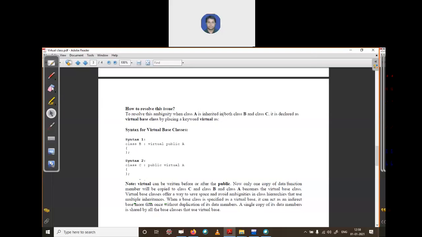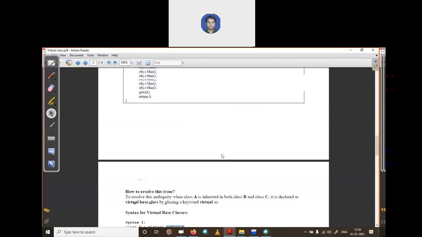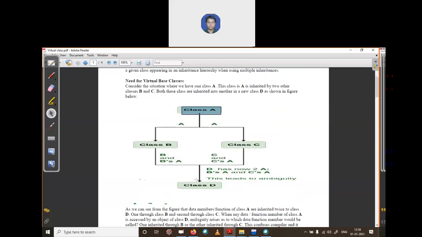This is the syntax: when you declare class B, just write virtual public A, or public virtual A. You can write virtual anywhere, before or after public. Now your class A is a virtual class. So whenever the data is copied by D, it will check that there is no duplication while copying the data.